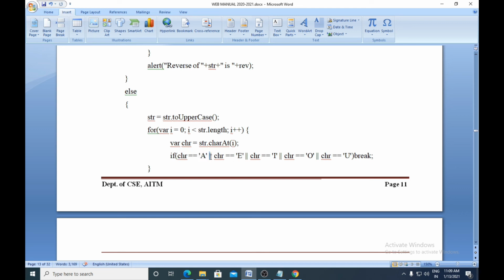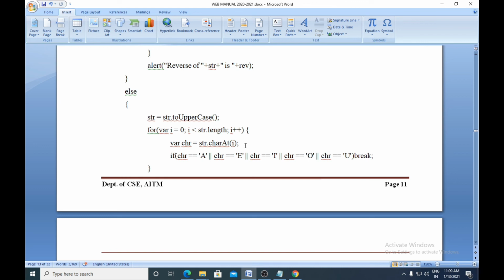Here, all in the middle you have OR operators, so it can match any of the conditions. Now this first condition is true, because in cat I have A. It matches and then it breaks. It will break this for loop. I need not go back to the for loop again because I have found the vowel A.